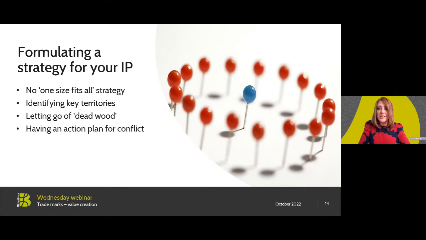A bricks and mortar store which primarily trades out of its store and has a website but doesn't really rely on that so much will not have the same considerations as an online retailer whose e-commerce site is the lifeline of their business, and hence they are likely to register all of the domains around their domain name, all of the similar ones, as a sort of defensive mechanism, a defensive strategy. So every consideration will be different for each business, and we recommend having a chat with us about what might